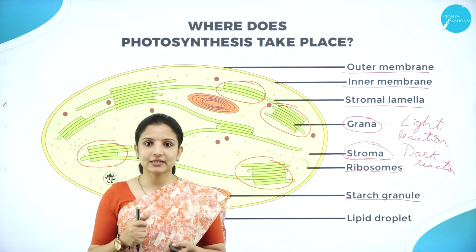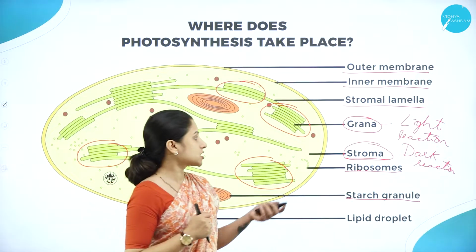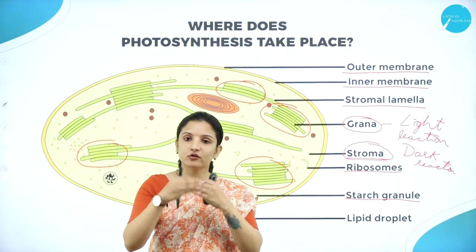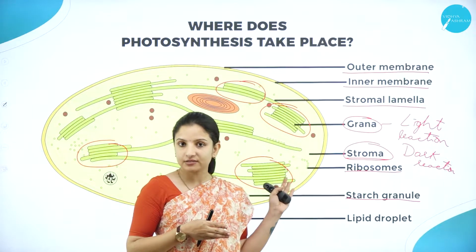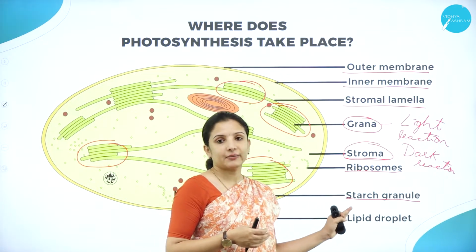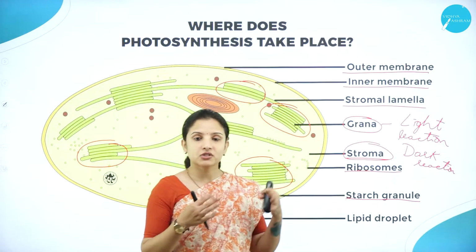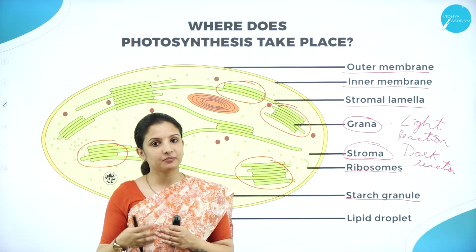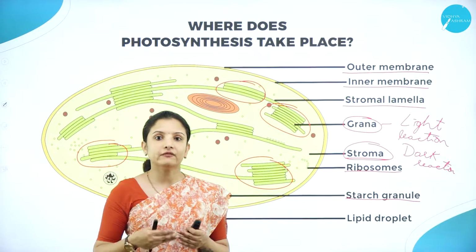So where exactly will it be stored in the form of starch? It will be stored in the chloroplast, because the photosynthesis process will be taking place in the chloroplast, right? So that is why the chloroplast contains abundant starch granules, which is nothing but the stored form of glucose, and this will be utilized by the plants in the form of food whenever needed.